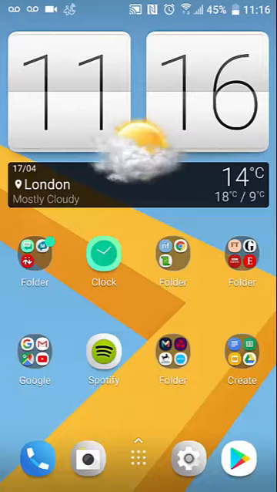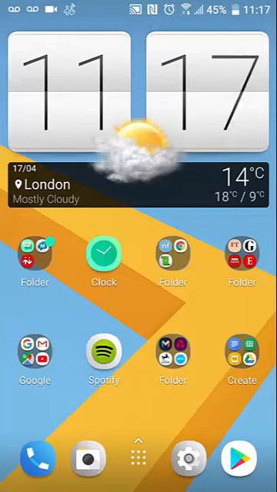Firstly, what you need to do is to download the app. A lot of you using Life Care phones would have had the app downloaded already. But this app is available on Android, which is from the Play Store, and on the iPhone, which is from the App Store. So I've got an Android phone at the moment, so I'll go to the Play Store. You click on the Play Store icon